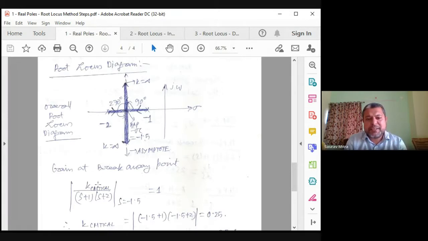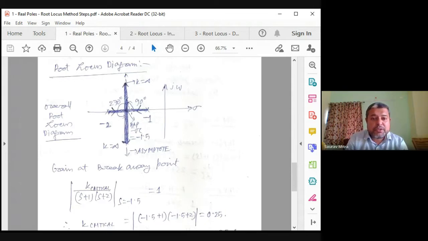I'll tell you. So last point, there is something. So how to draw this root locus? First plot the pole positions at k equal to 0. Then plot this sigma c. From sigma c draw 90 degrees and minus 90 degrees, and then show this root locus, because that is the second or third step, drawing the real axis root locus that you have drawn. And then draw this root locus.